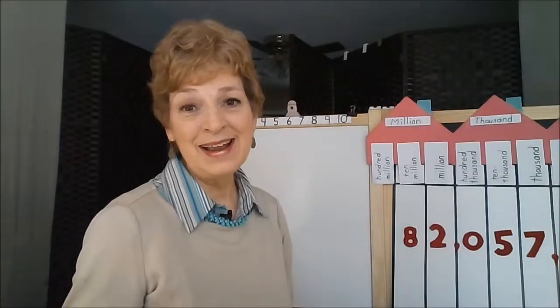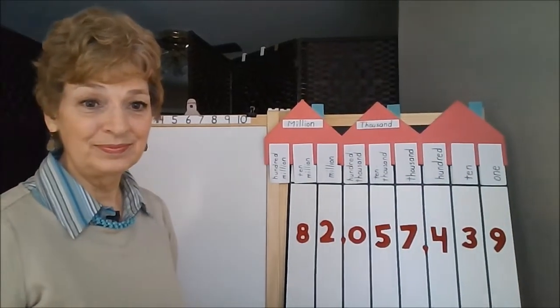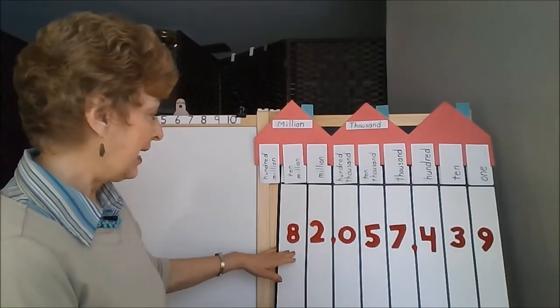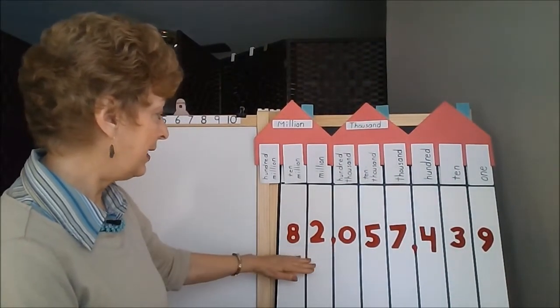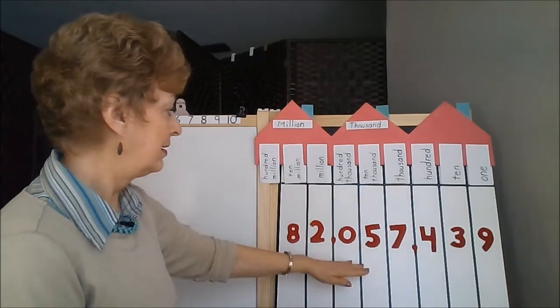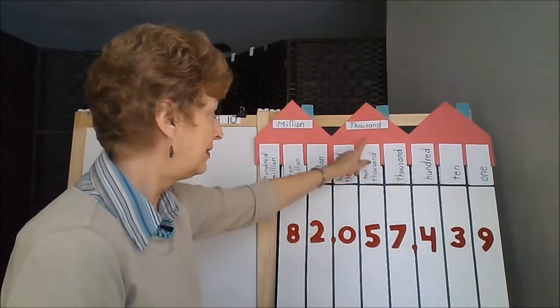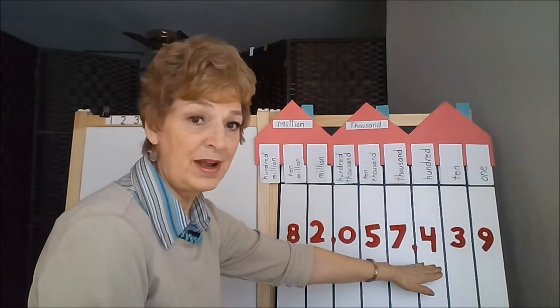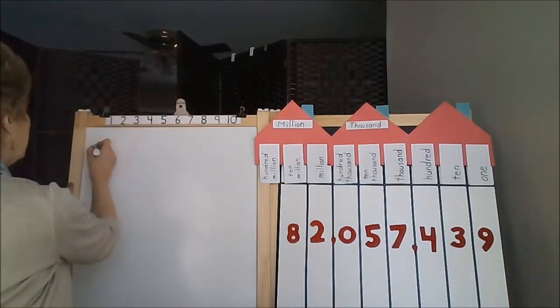Let's read, write, and expand another really long number for some practice. 82, here's the comma, 82,057,439. To write it, we would say